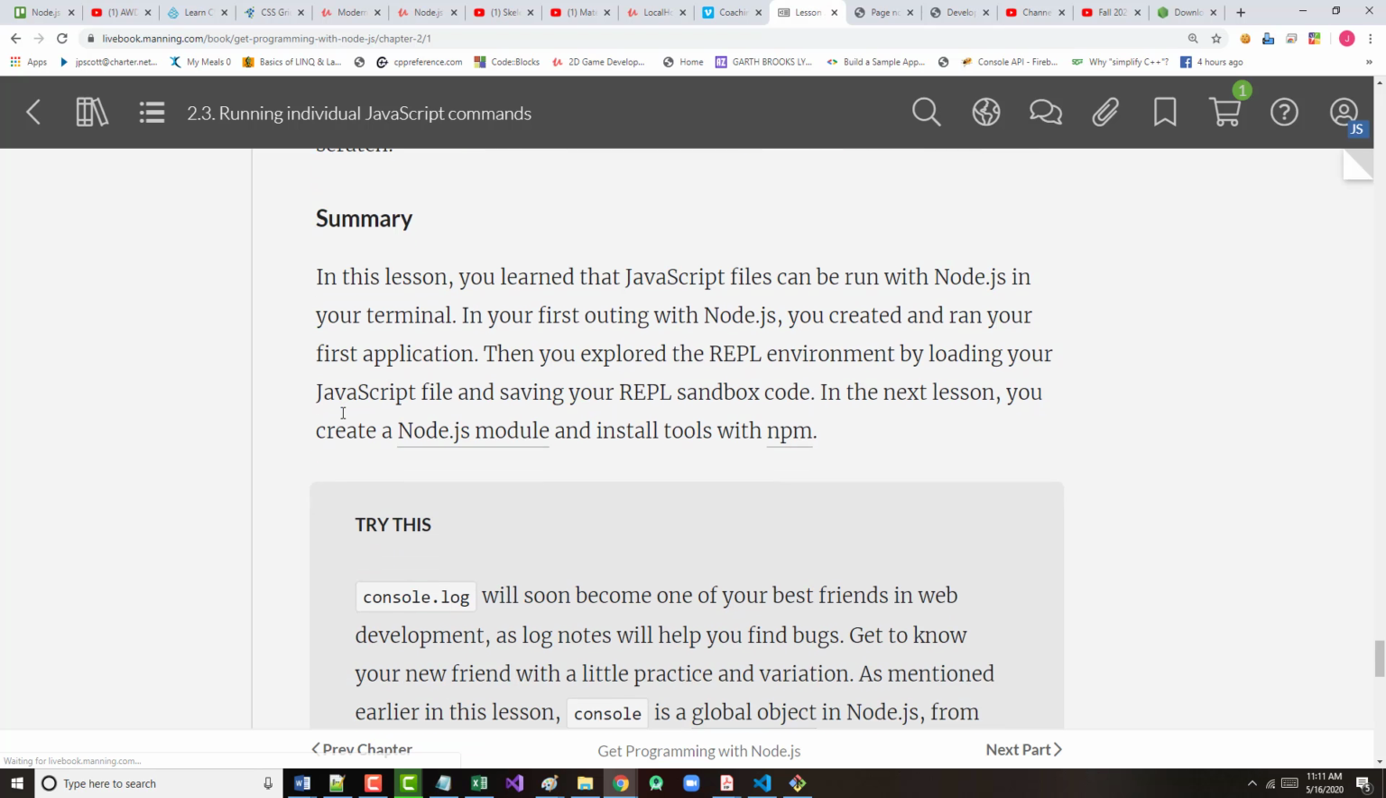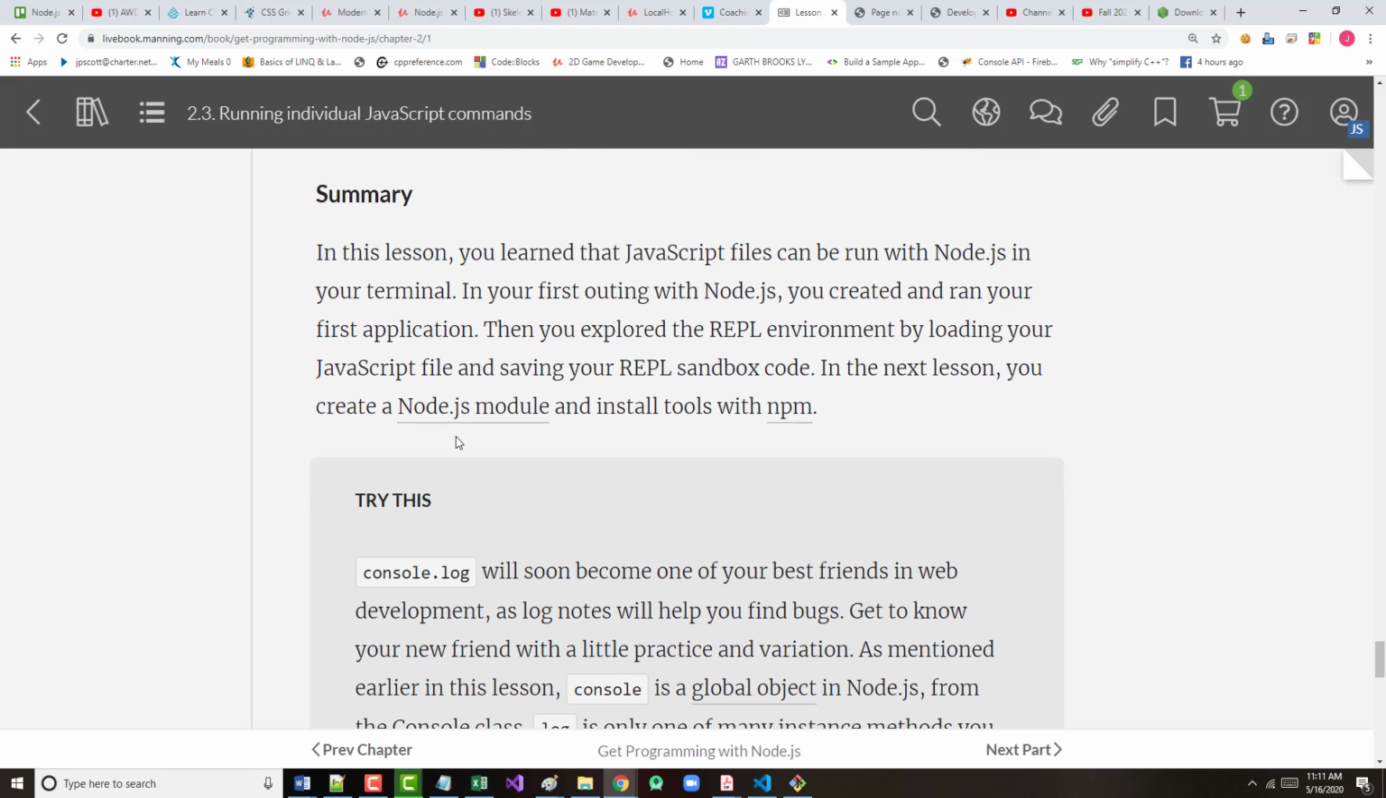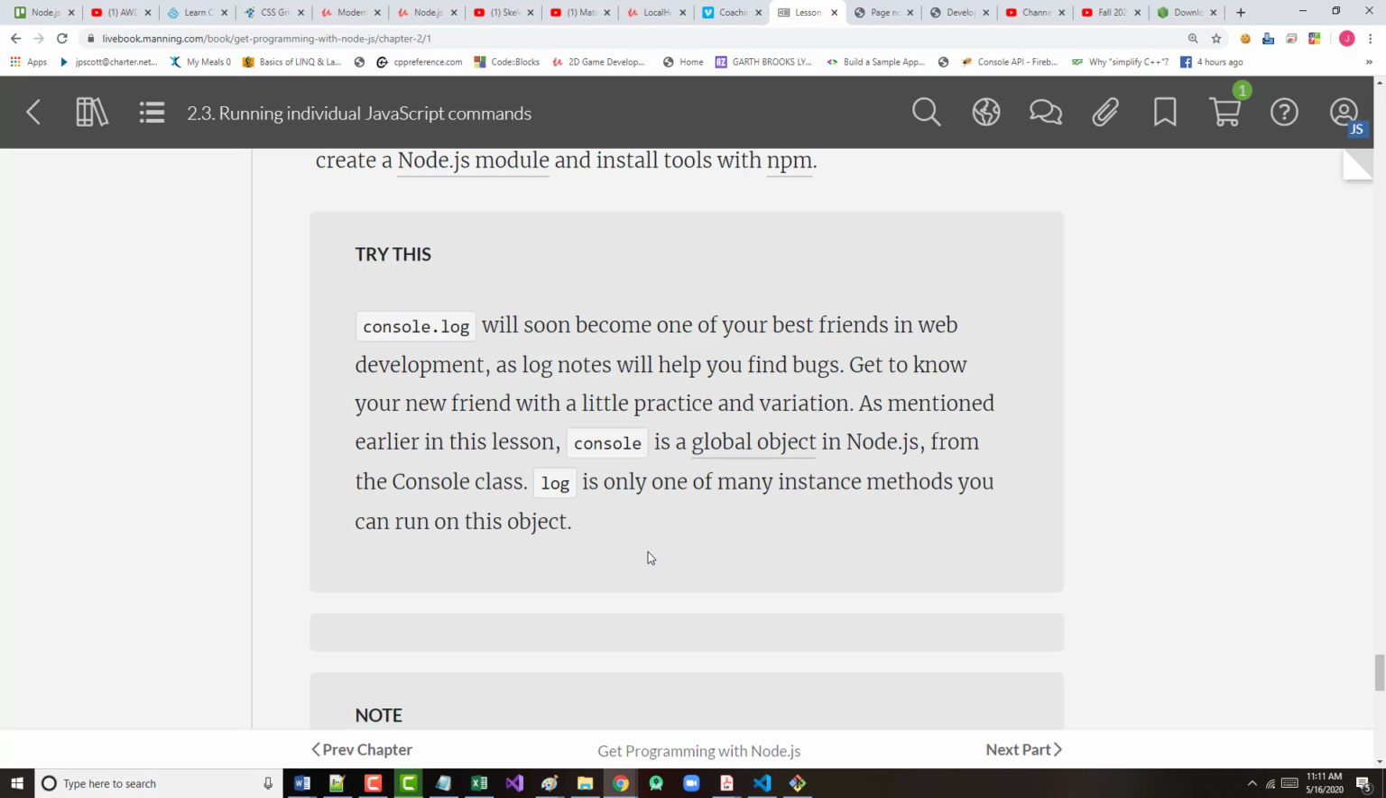So, what did we do in this lesson? We learned that JavaScript files can be run with Node.js in the terminal. We explored REPL. And in the next lesson, we'll create a Node.js module and install some tools using the Node Package Manager. And as the author says here, as we finish up, these notes that are on the bottom of page